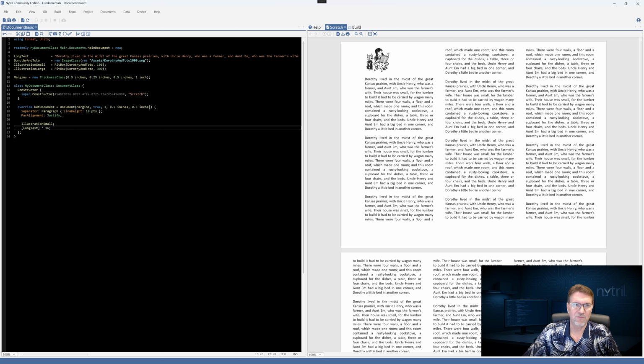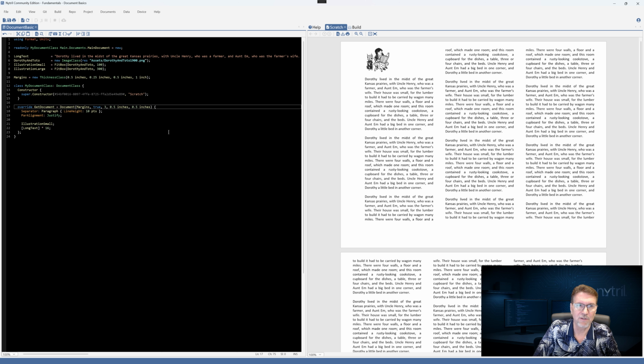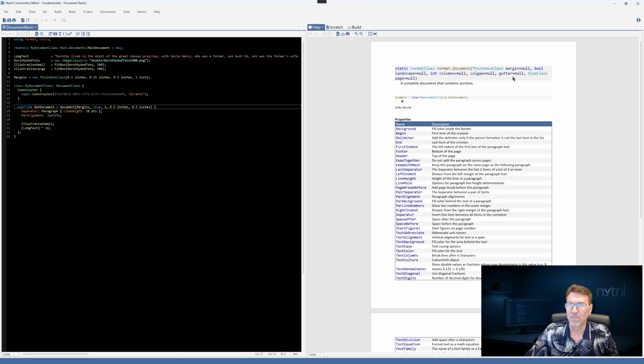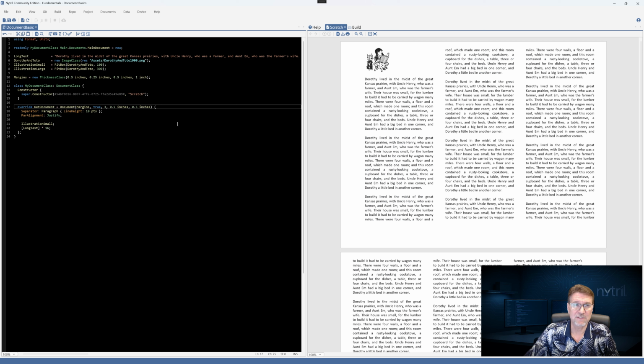So all that is very simple to understand, very simple to use. The last thing in the list here is simply to set the size of the paper, which right now the default size is 8.5 by 11. So if we want to set the size of our paper, we do it here, and we'll set it to 8.5 inches by, let's make it 14 inches. Let's make it like a legal size paper. And let's F5 on that.